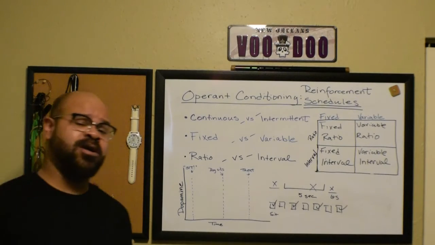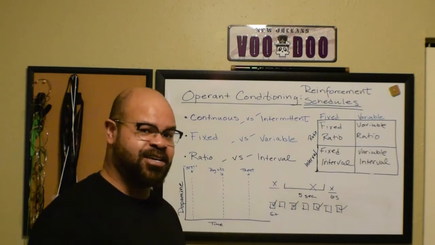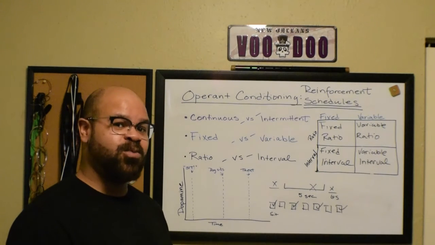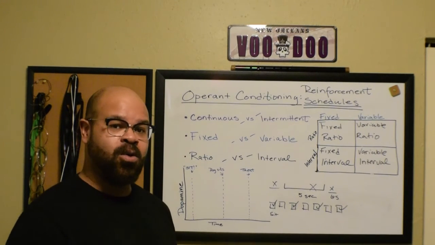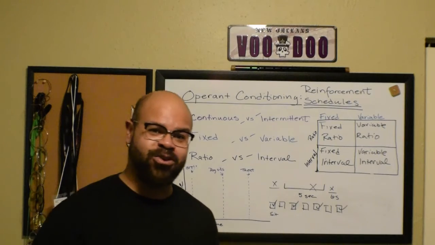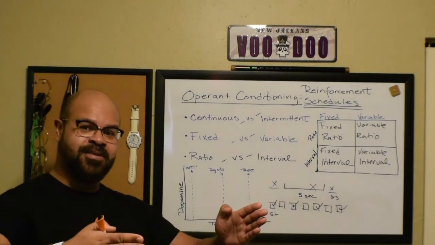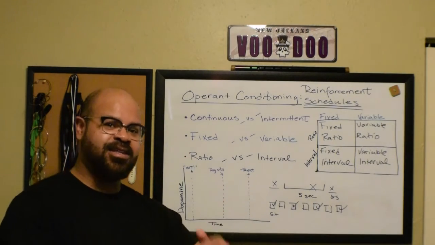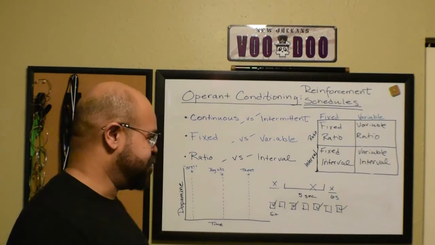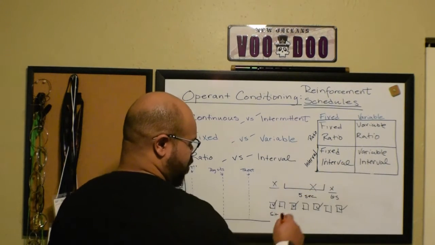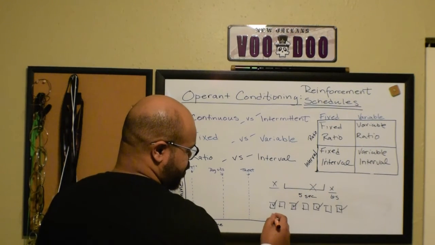So that's the one where every time he does the target behavior, I give him a reward, either every time, or every other time, or every 3rd, or every 5th, or every 100th time, right? As long as it's fixed. He does the thing, and immediately following that, I give a reward. The variable ratio is the other type that we talked about